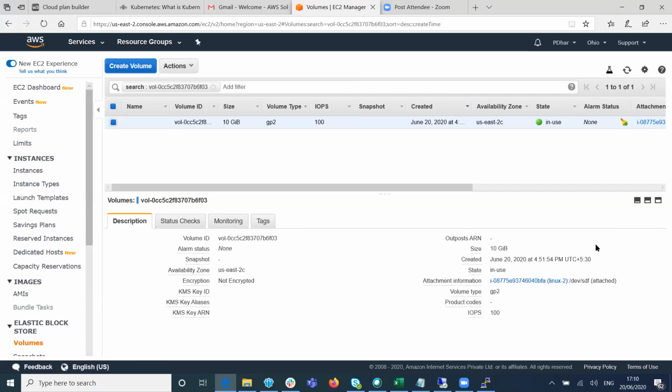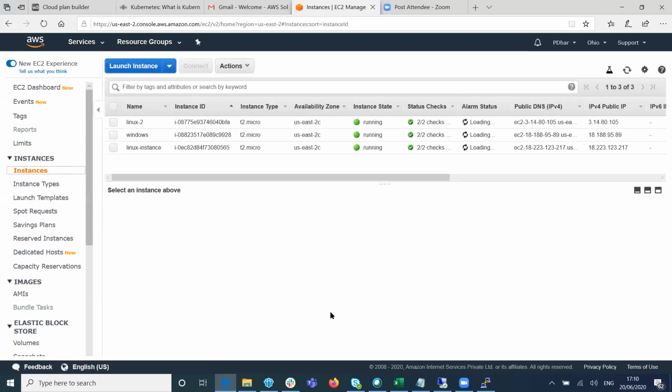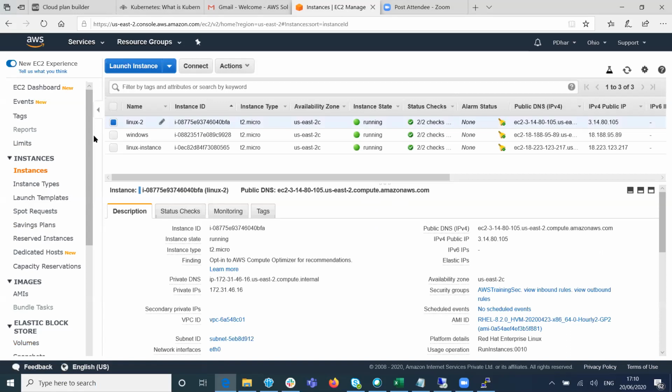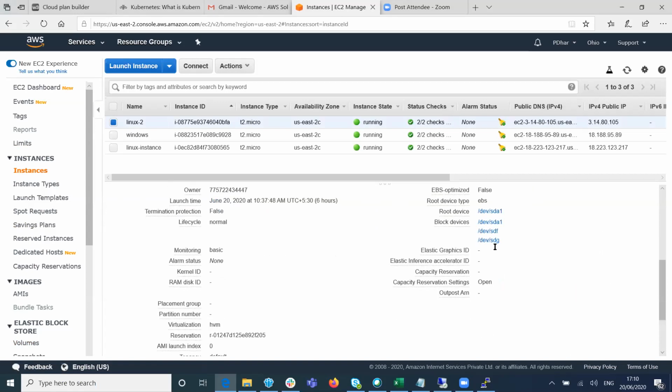Go back to the other one, 6 GB. See, it says /dev/sdf attached. You have to mount it. I think it's not mounted. Yeah, looks like. For you to see it in the system, you'll have to mount that in the operating system. Make a note of that device name. Here it's a different name, for the Linux OS it's a different name.